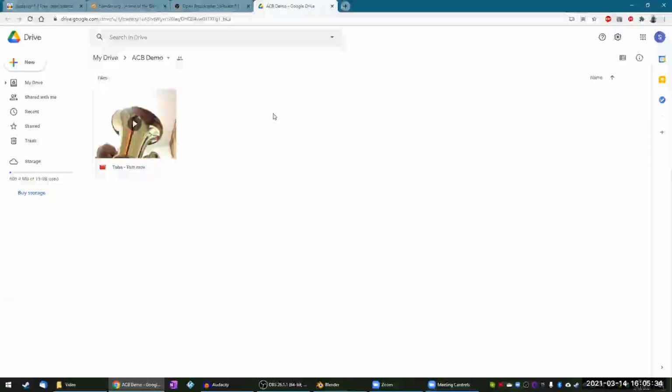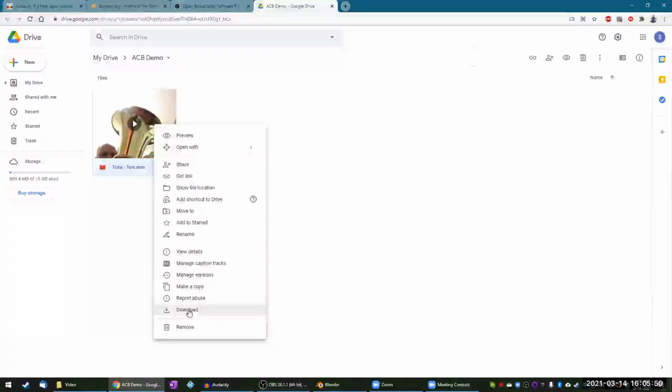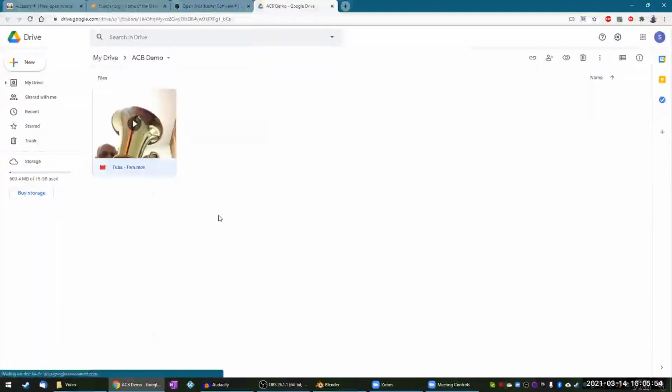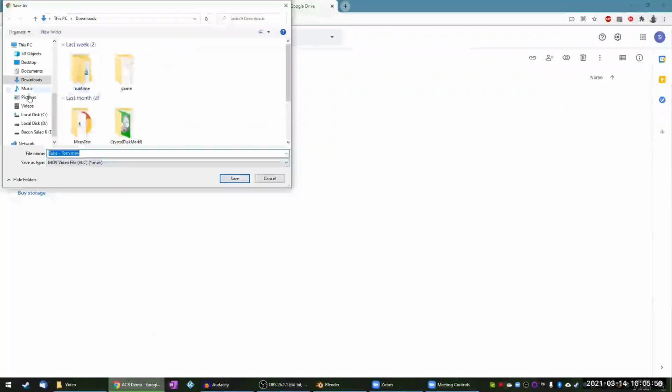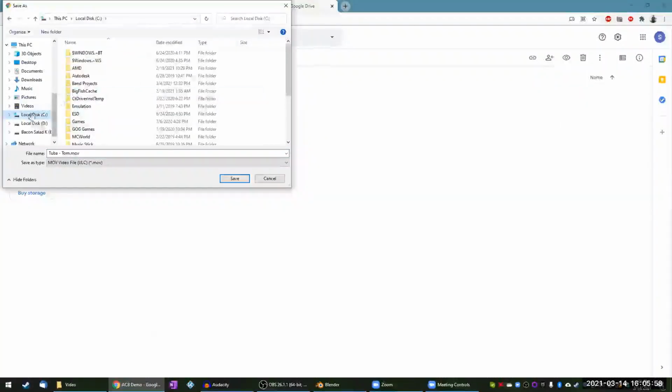I mentioned last week, it's important to have a good file structure, one place on your computer where you keep all of your project files, with folders that clearly label what's what, so it's not just a big mishmash and things aren't hidden all over your computer. So I'm going to save or download, right-clicking on his video, and I'm going to download it to my project folder, which happens to be on my main hard drive.